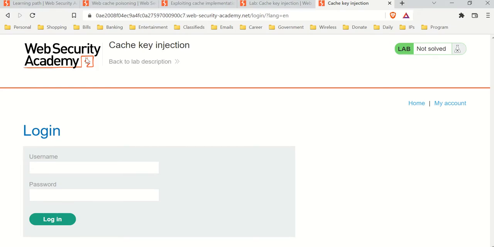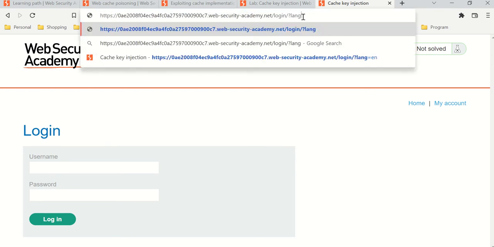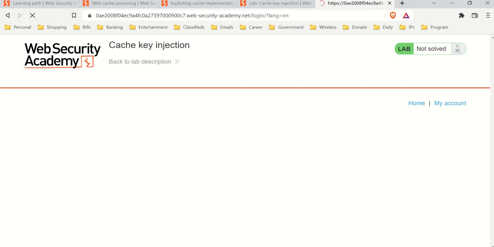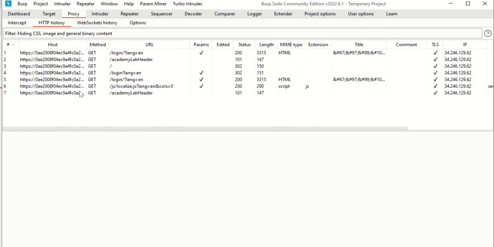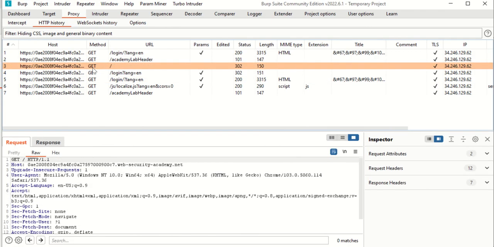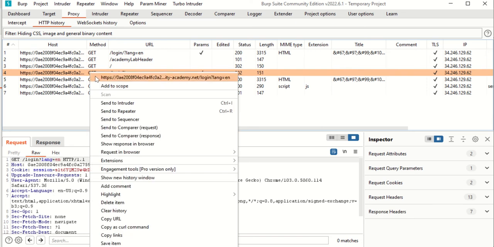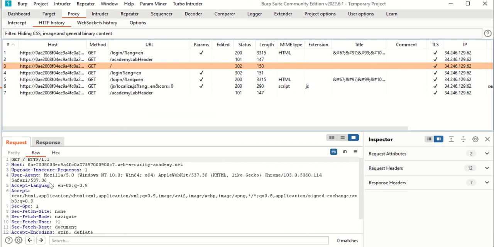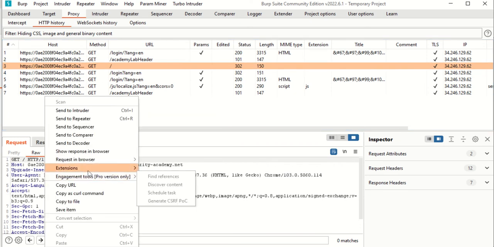And let's go back here before we do anything. Let's just see what happens if we go back here. Okay, so here we go. Let's send this to Repeater. It doesn't really matter which one. But what you want to do is go to extensions, and first of all you got to add